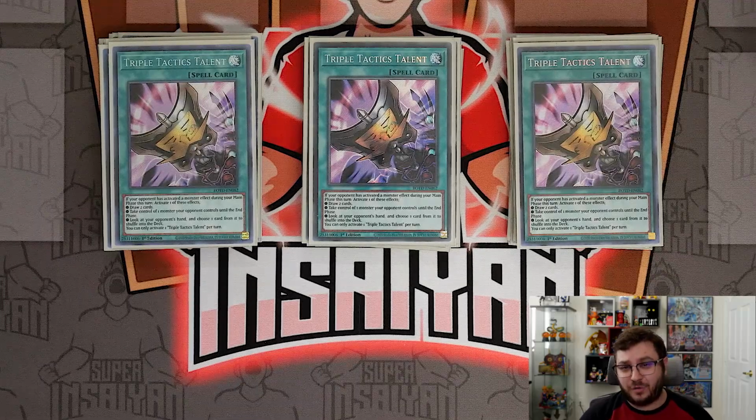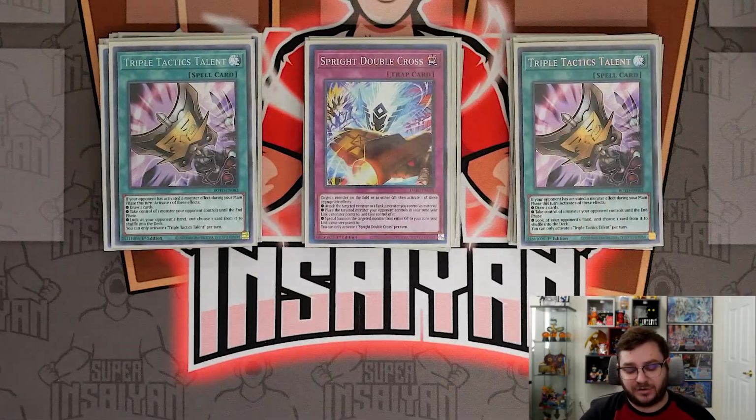And then the last card we are playing, I don't want to play this card, honestly, but because I can't find my other red, we are playing it, and that is going to be Spright Double Cross. Now, on paper, Spright Double Cross sounds really good, but honestly, I just think it's never worth searching this over Smashers. Like, if you have the option to search one or the other, I feel like Smashers is just the stronger option. Yes, it doesn't have interaction with the graveyard, which is an argument that can be made,